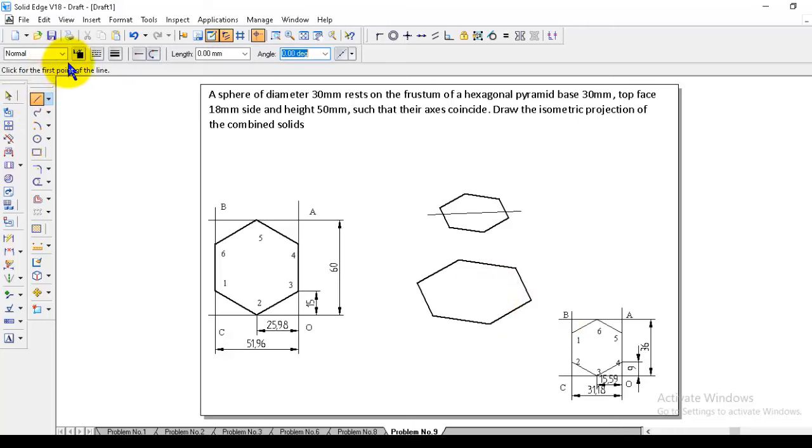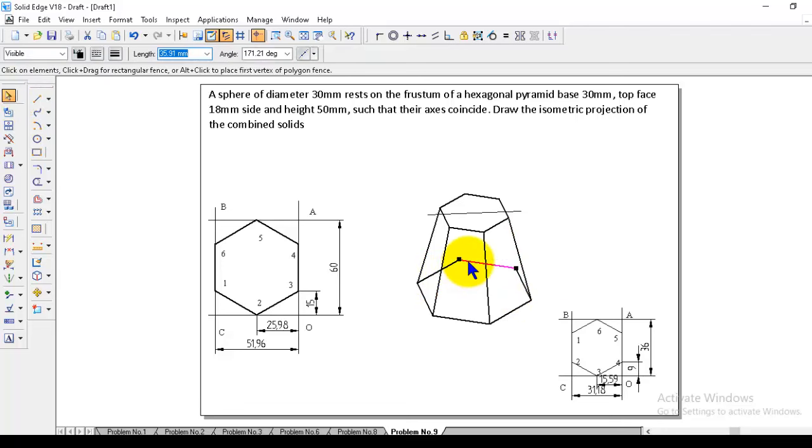Now go to line, visible line. Join the top corner to the bottom corner. The corners are slant edges. See, and now these are the hidden edges. You can delete this. Now the first form of a pyramid,